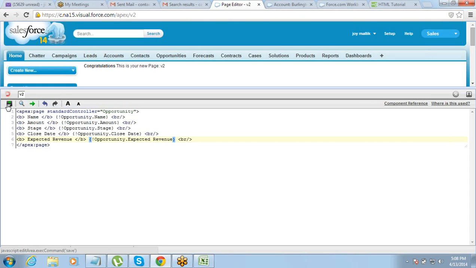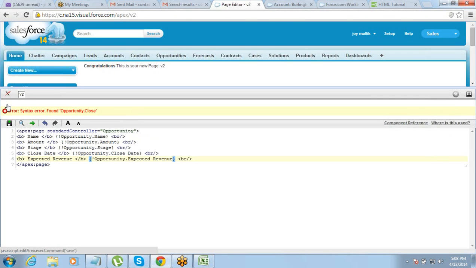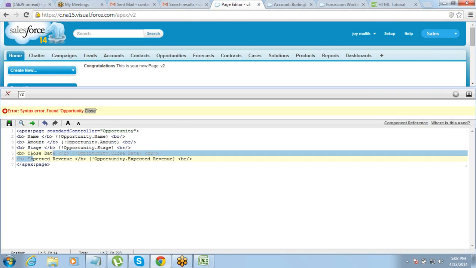Now let me go and save it. Okay. It gives an error. It does not recognize what is opportunity.close. Close underscore date. So what is the name of this field? How will we get that? Go back to your setup, customize, go to setup, customize, and under